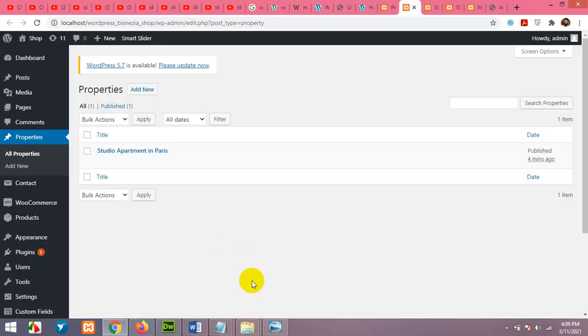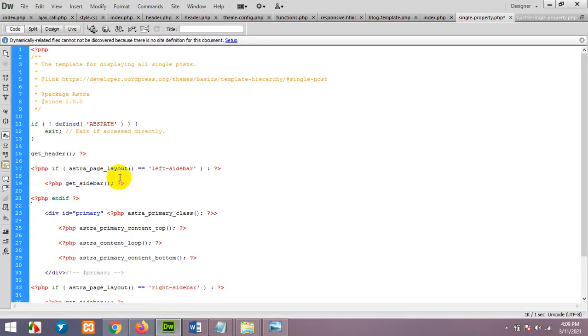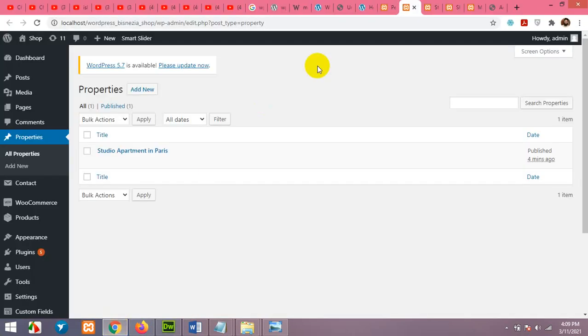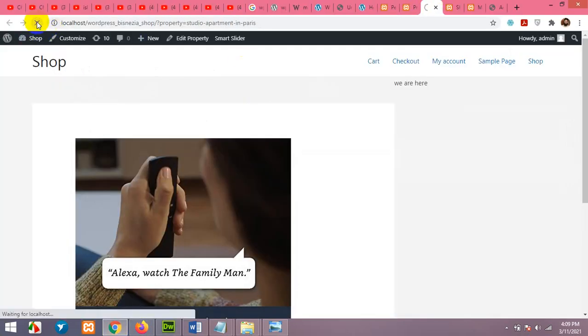After making the single property page, we can check whether it's working or not. So on the page, type anything, we are here, and save it. Now open the front end and refresh it, and here we are.